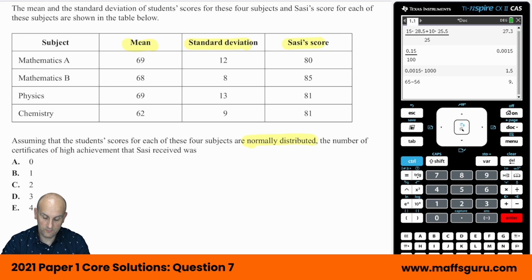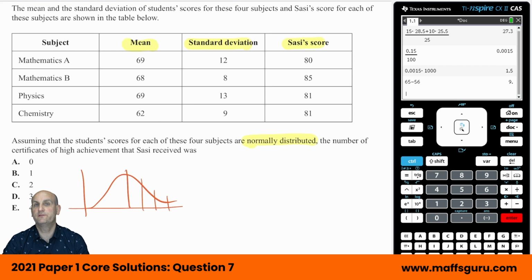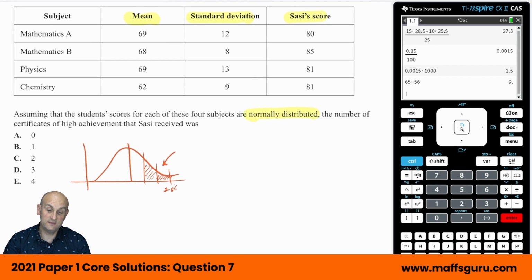Now, I don't know about you, but when I was thinking about this question, I was like, well, the top 10%. There's nothing that we do that gives us the top 10%. If you remember, the closest I can get is the top 2.5% of the data, yeah? Because otherwise, this one here is something like 18.5%. So, if she's going to get a Z score, she needs to be up here somewhere, all right? In that top 2.5%. If she's in there, she's going to get a certificate, right? So, what I then went on to do was find the Z scores for all of these.